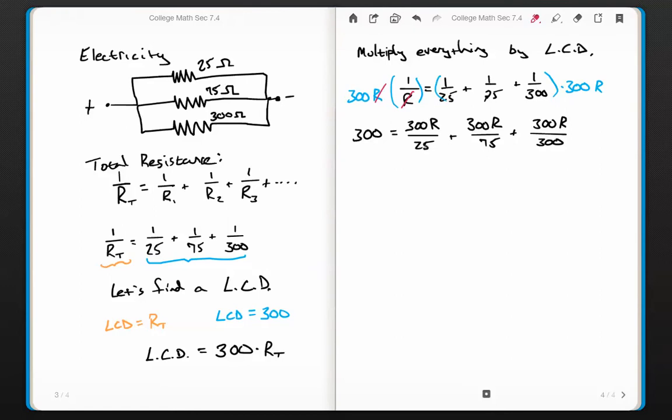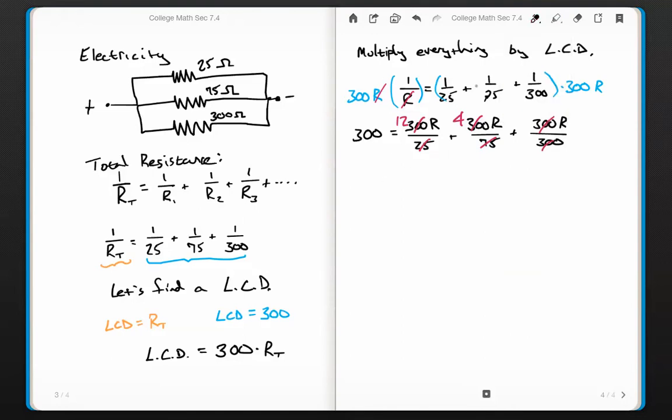Well, 25 goes into 100 4 times, so it goes into 300 12 times. And 75 goes into 300, 75, 150, so that's twice, so 225, 300. So this goes in here 4 times. Oh, and here, that's pretty nice, the 300s just cancel. So this whole thing